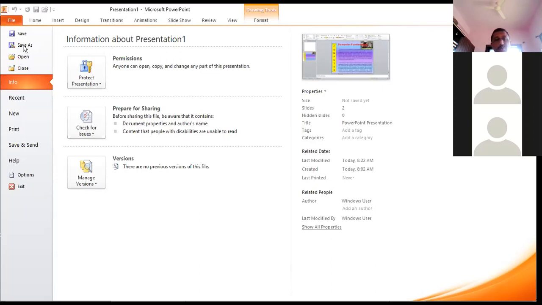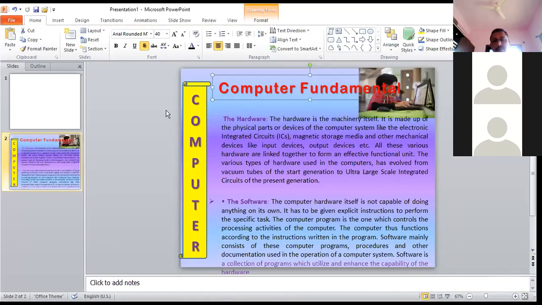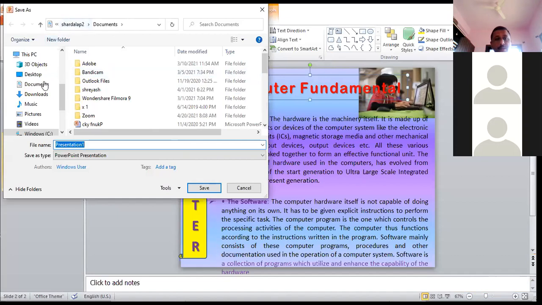The next thing, we can click on Save or Save As. Any one way we can save our file. When we click on Save, the Save As dialog box appears. In the dialog box, you have to give a location, where to save the file. You can click on any one of the drives given here: C drive, D drive, E drive. Whichever location we provide to save the file, we can find the file again there.